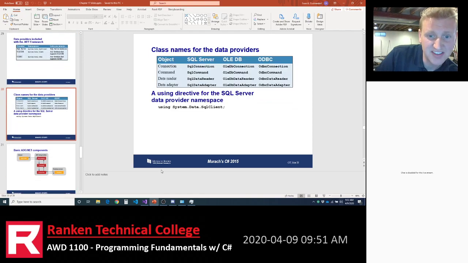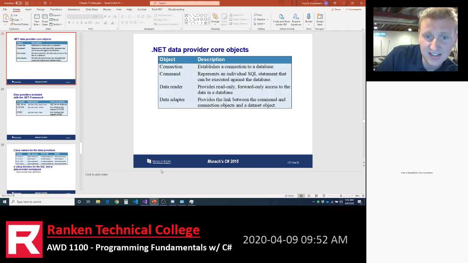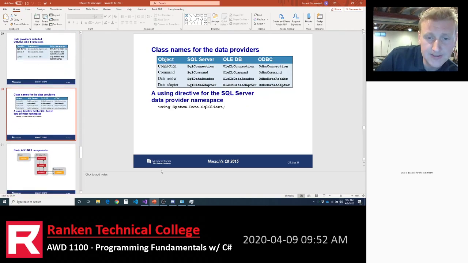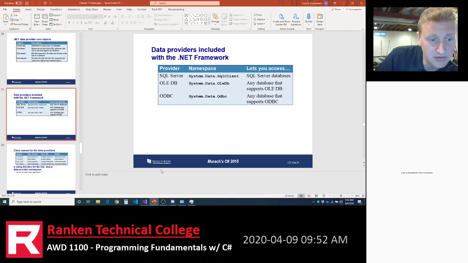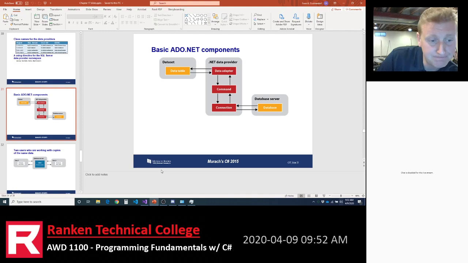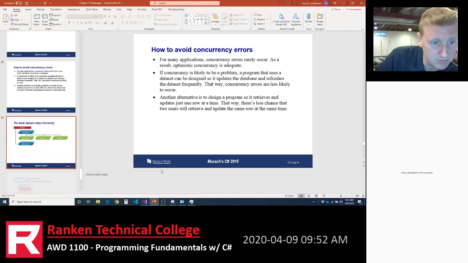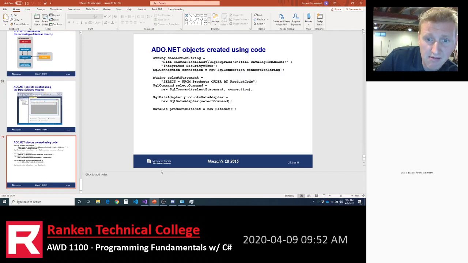Now, these last handful of slides are dealing with the ADO.NET concepts that we are going to not use. So these last handful of slides, this is some C# code that would be using that ADO.NET.